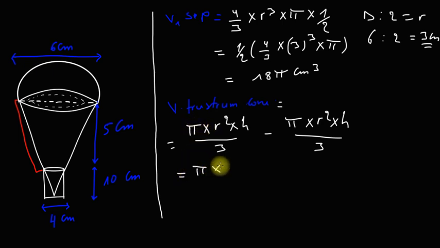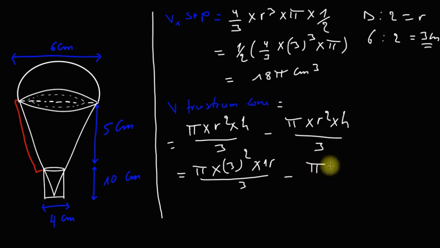Pi times radius. This formula is for the large cone. Here the large cone has a diameter which is equal to 6 centimeters, and divide by 2 to get the radius. It is equal to 3 squared times height. The height of the large cone is equal to this one. We take 10 and add 5, which is equal to 15. Divide by 3 and subtract the volume of the small cone, which is equal to